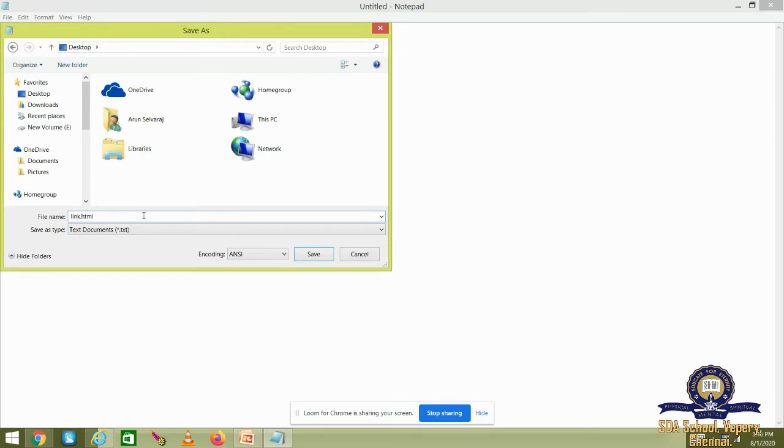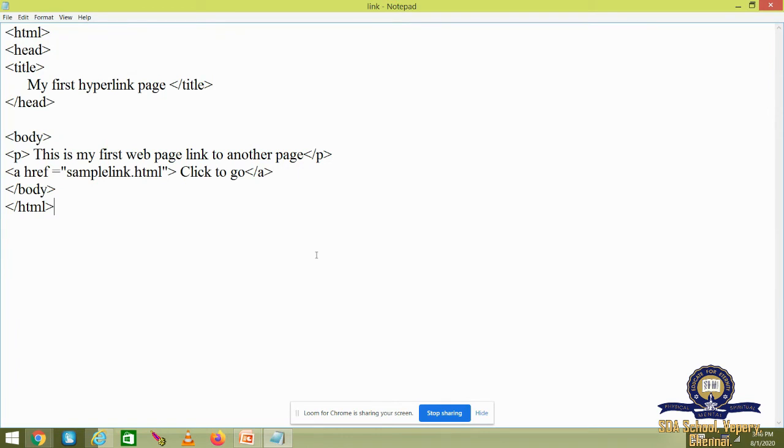So you have to save it with the HTML extension, then give all files and then give save. So you have saved this. Now you have given something called sample link.html, but the sample link.html file will be empty since we haven't given anything in that. So we have to type some content in your sample link.html.